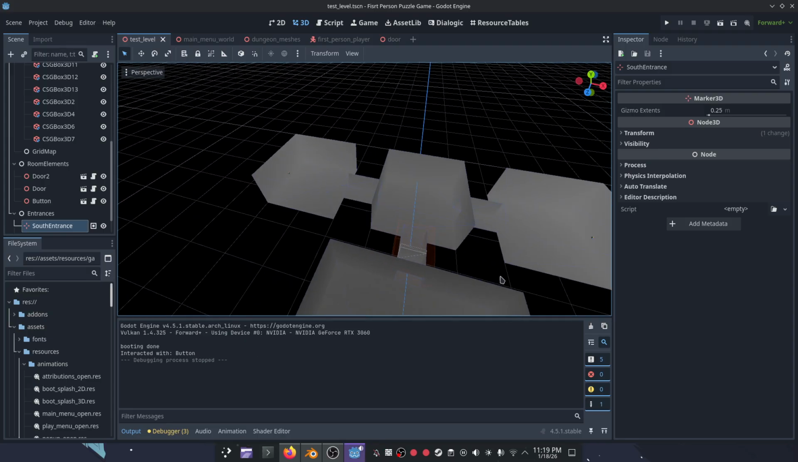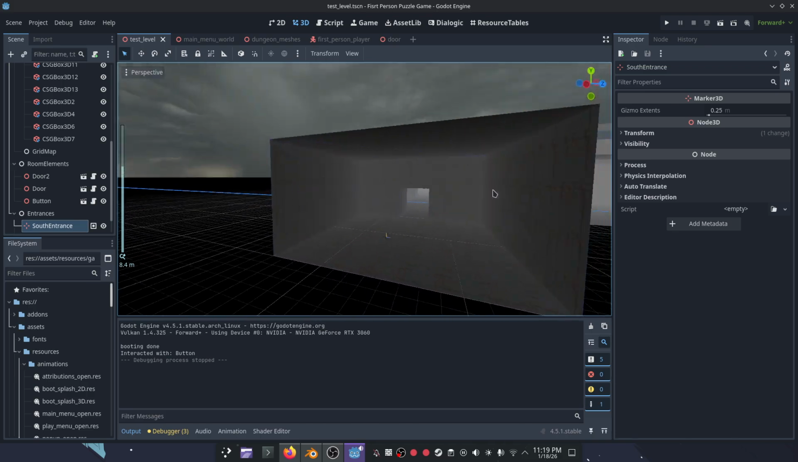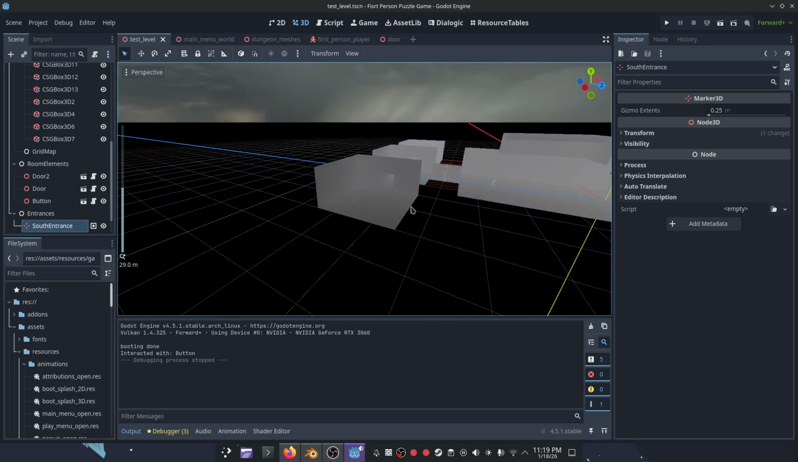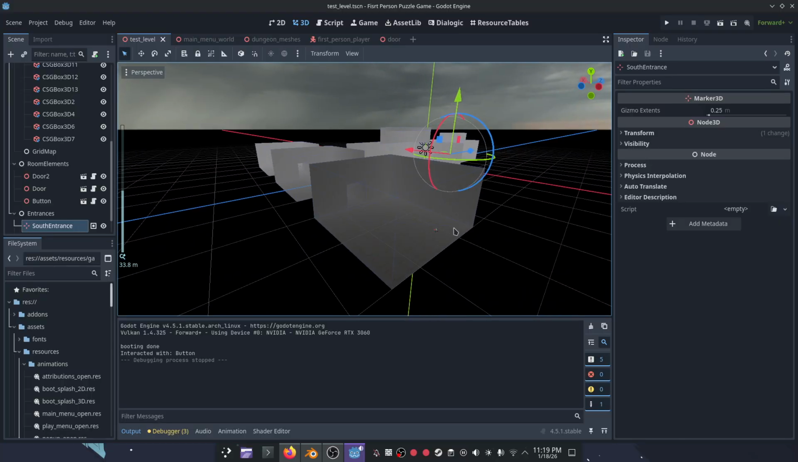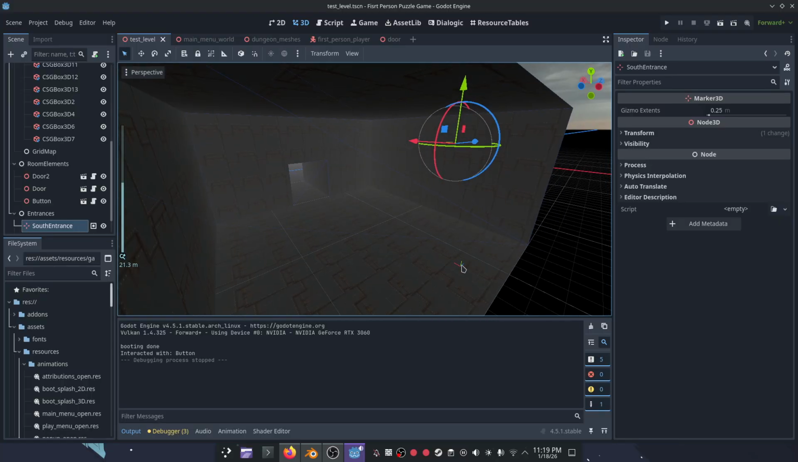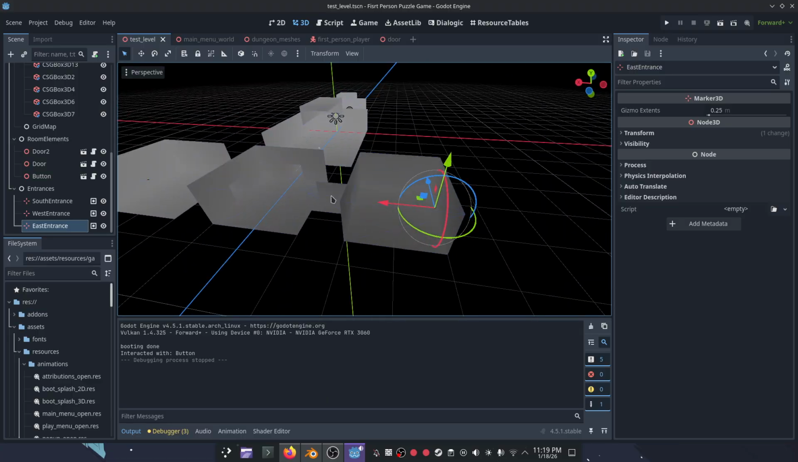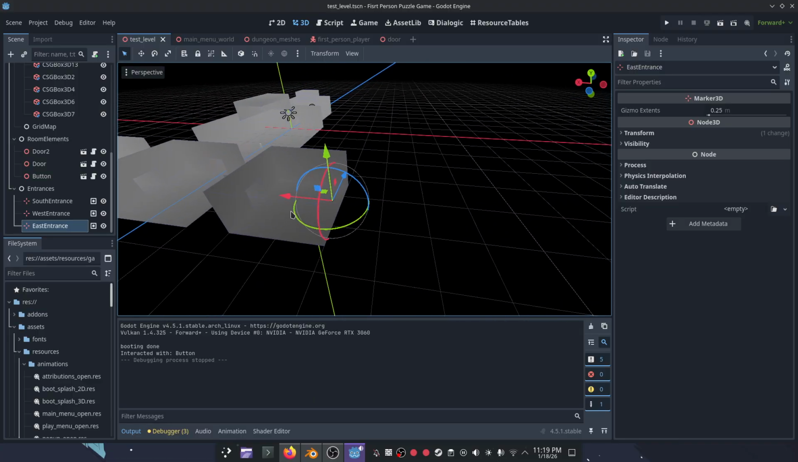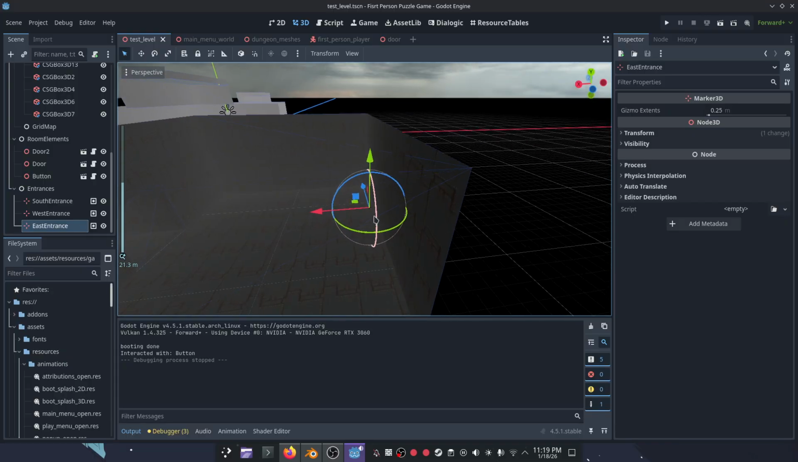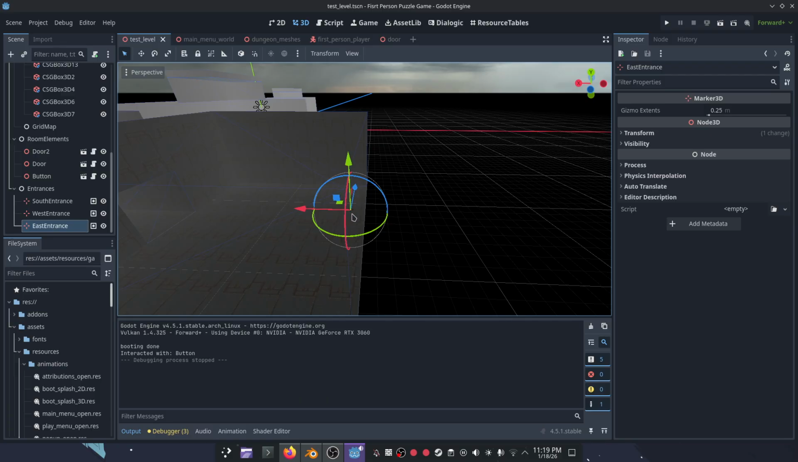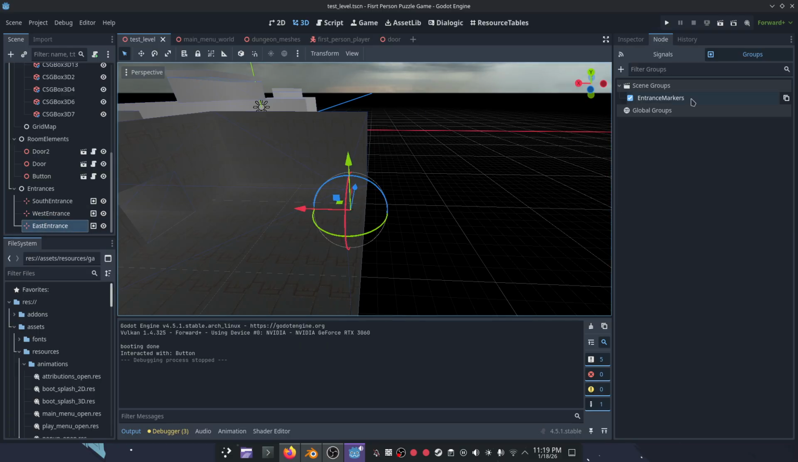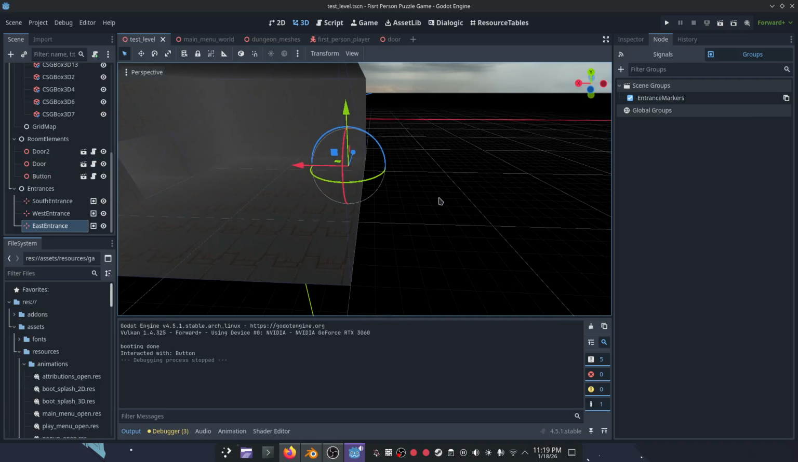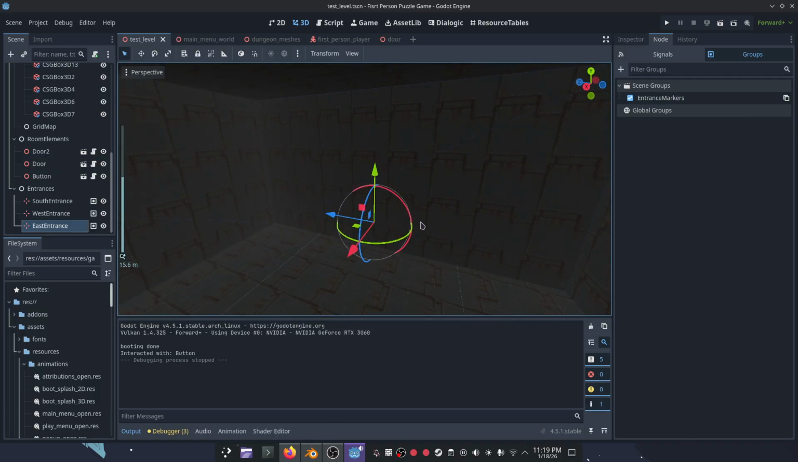But if I show you this scene, you can see a couple 3D markers I have here, and that's for a system I'm building right now. Basically, these are the entrances and exits to this level, and so when you exit this level, I'll have another scene with some similar markers in it. And these markers are part of a node group called entrance markers. And so what happens is I'm going to make a class called the level exit. When you activate the level exit,